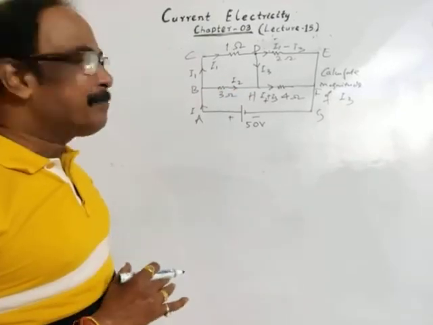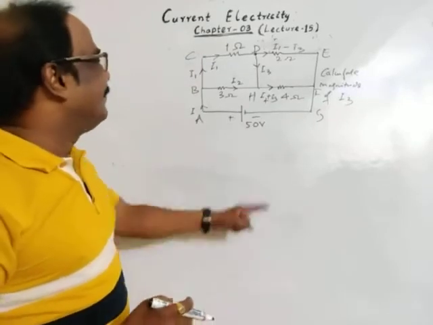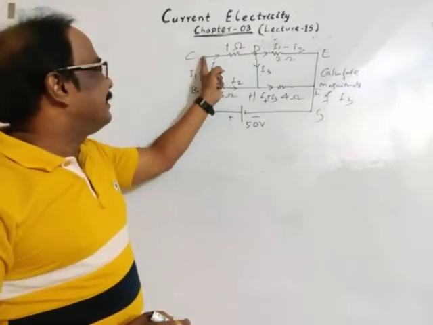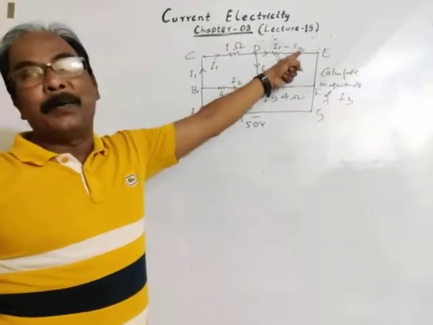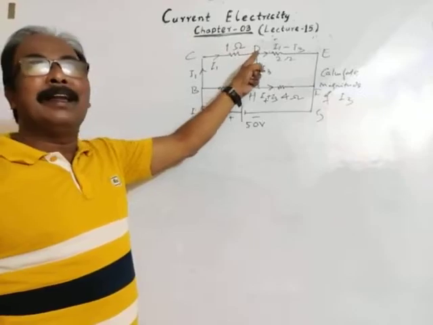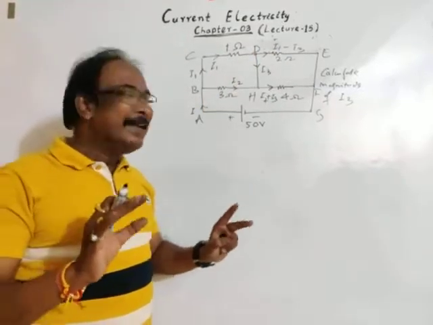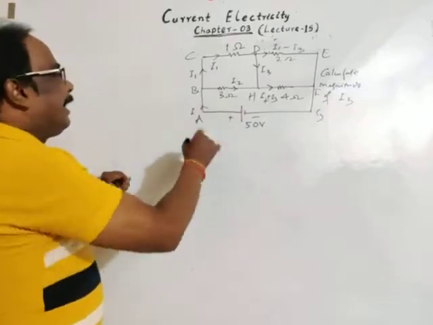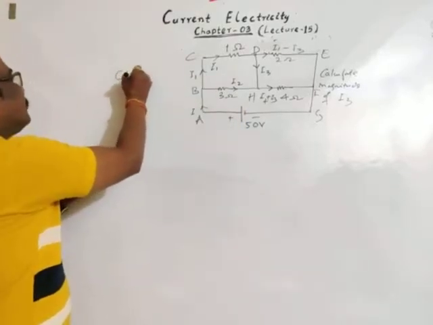By applying Kirchhoff's law. Okay, don't forget Kirchhoff's first law, current law. Incoming current is I1, and these are outgoing. Sum of incoming current is equal to sum of outgoing current. Okay, then taking the loop, the closed path, I am writing here closed path.